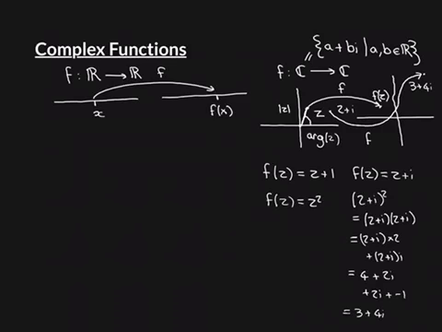And remember, why is it useful to think in terms of modulus and arguments of complex numbers? Well, we know from basic properties of complex numbers that when you multiply two complex numbers together, the complex number that you get at the end will have argument equal to the arguments of the two starting complex numbers added together, and modulus equal to the two moduli of the starting complex numbers multiplied together. Therefore, if we're squaring a complex number, then the answer is going to have modulus squared, and it's going to have argument twice the argument of the original complex number,